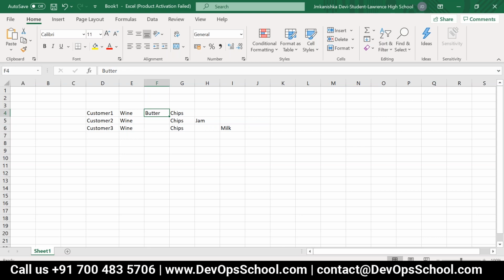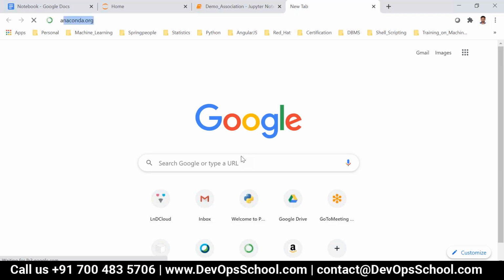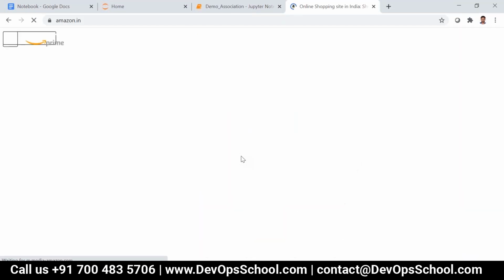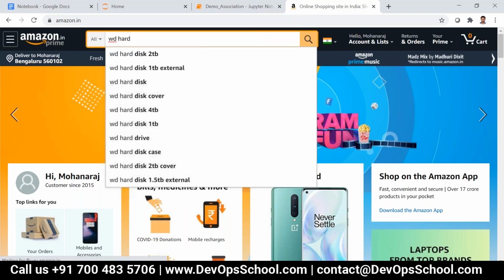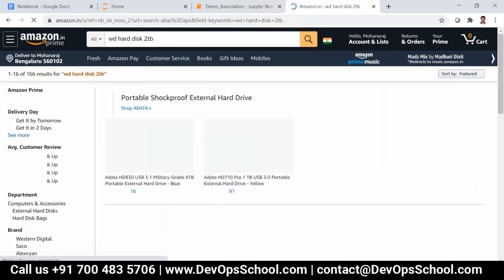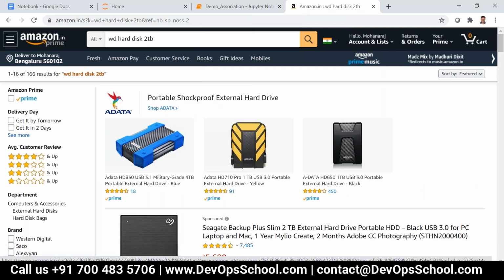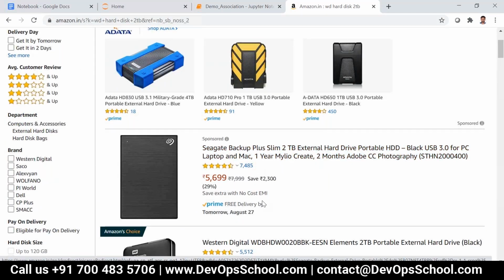The one which we have discussed with respect to Amazon, the recommendations. Say I want to buy a Western Digital hard disk. 2 TB is available nowadays. So I want to buy only this particular hard disk.